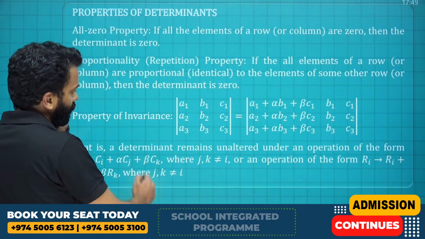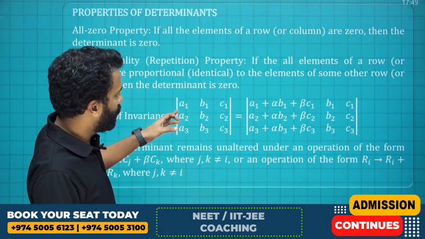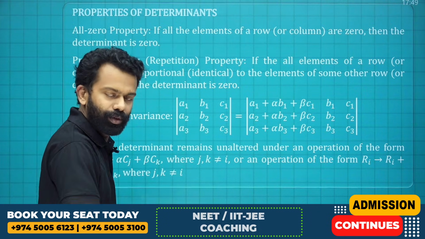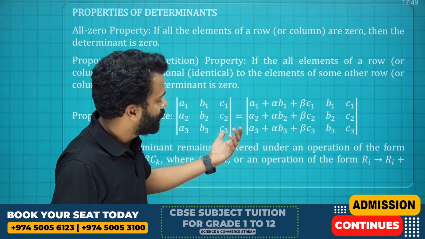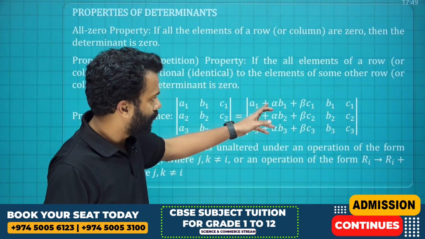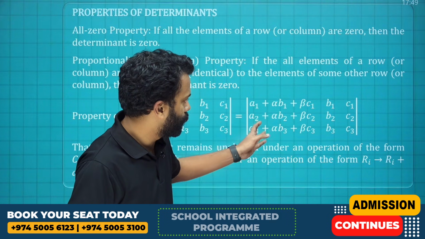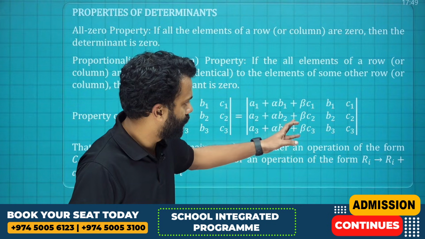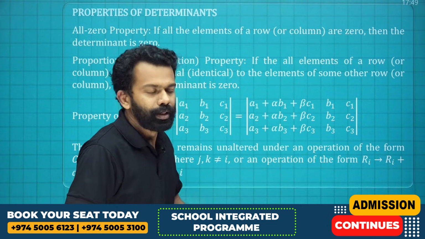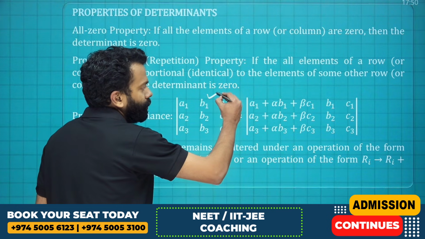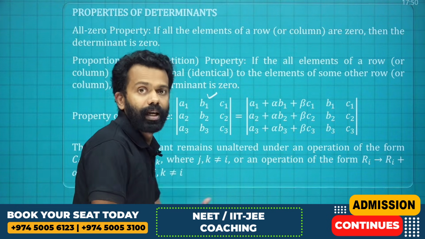That is the property of invariance. That is the determinant of A1, B1, C1, A2, B2, C2, A3, B3, C3. That is the determinant of a matrix, which is equal to the determinant with first column A1 plus alpha B1 plus beta C1, B1, C1, and A2 plus alpha B2 plus beta C2, B2, C2, like that. So what we need to understand here is the value of this determinant won't change if you perform elementary